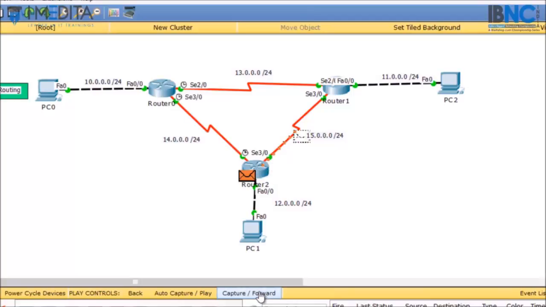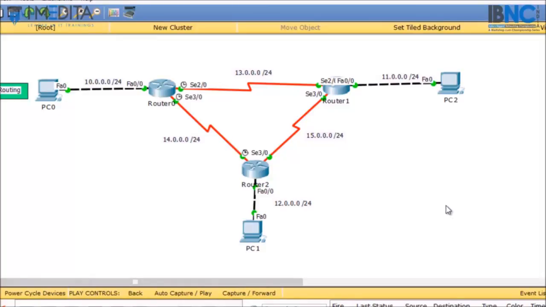So then again it will be forwarded to router 1 and then it will reach PC2. And then the reply. As you can see, the packet is following two different paths. So that is how we can perform path selection in static routing. We have assigned different next hop addresses on router 0 and router 1, so that's why the packet is following two different paths.